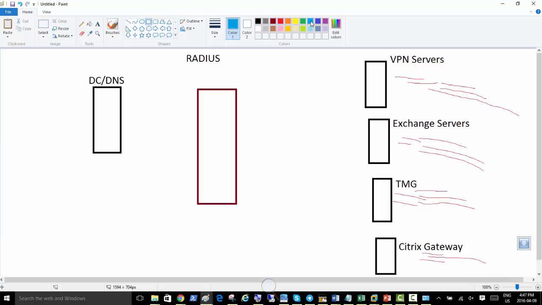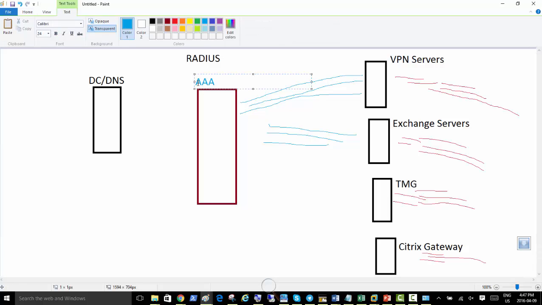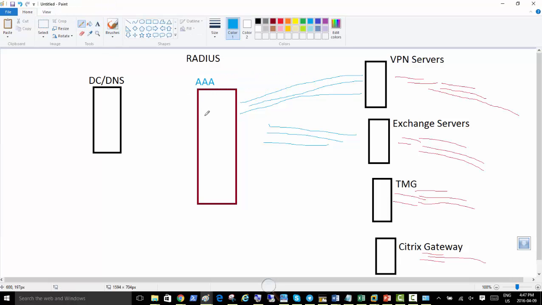So what happens is exactly as you would expect: when you add a radius, all the connections from outside first connect to the radius, and then the radius does AAA. Wherever it needs authentication, that authentication and authorization traffic from one server hits your domain controller, and then the domain controller, or any of the domain controllers, tells the radius, "Hey, yes, this is our guy, let him in," or "oh, password wrong, sorry," or whatever. But the radius is doing the authorization, confirming of course with the domain controller, and accounting is done